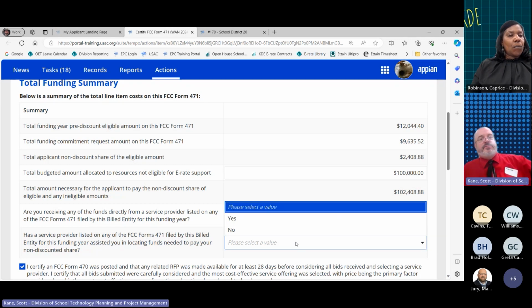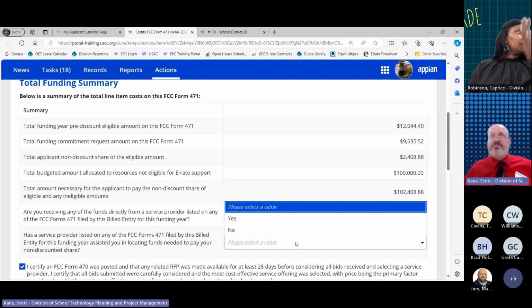Another one is, has the service provider listed on this form by your billed entity assisted you in locating funds needed to pay the non-discounted share? They are allowed to help you find the funds. They aren't allowed to give them to you.